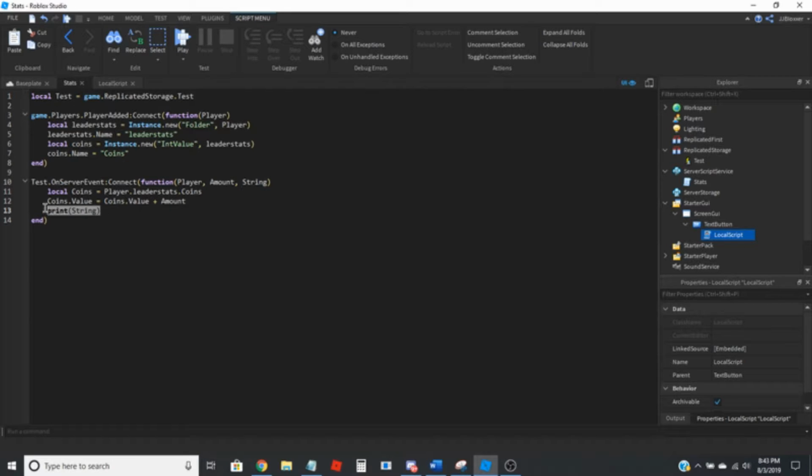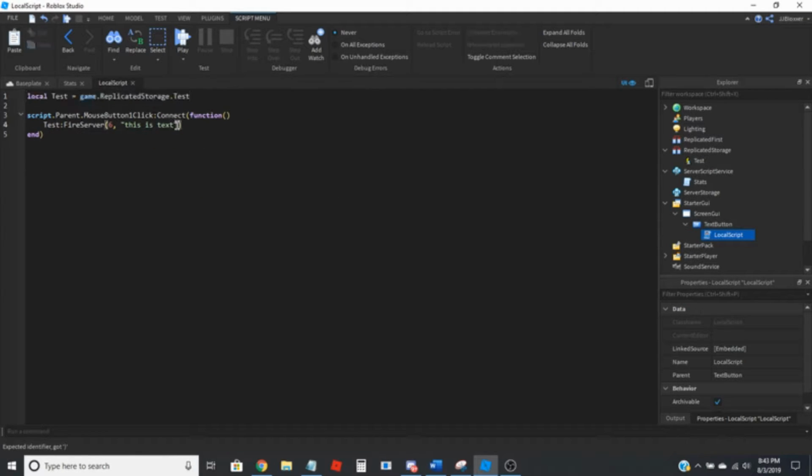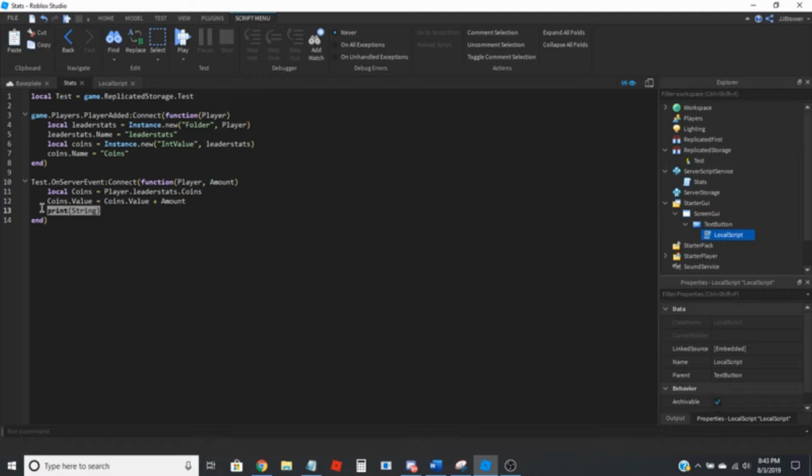Now let's just say I don't want this string to be printed. Let's say I didn't even set the string at all, so I'm going to go ahead and remove this. Let's just say I want to send a message over to the client. So you're going to want to go test:FireClient(player). You can also do FireAllClients to have an action happen to all the clients in the server. But yeah, we're going to do it to the player, and we're going to send over